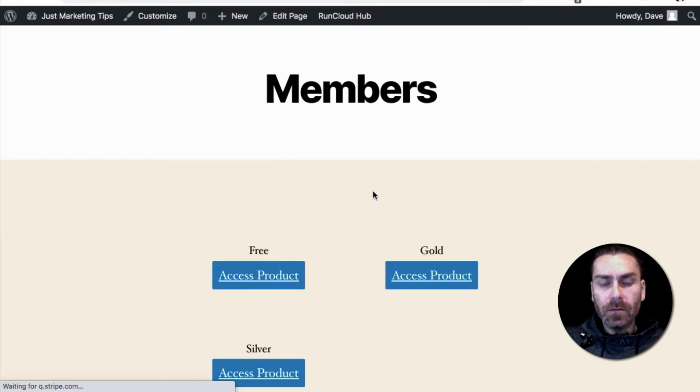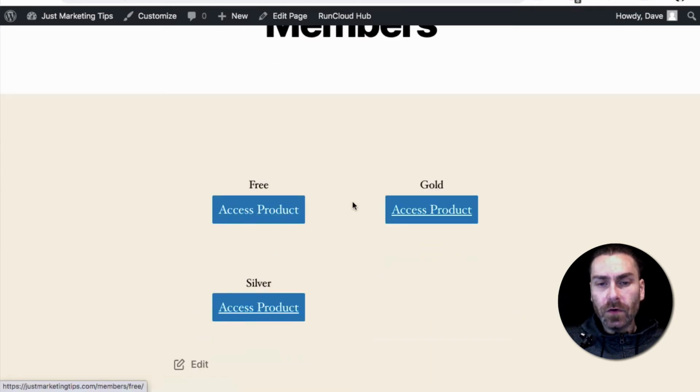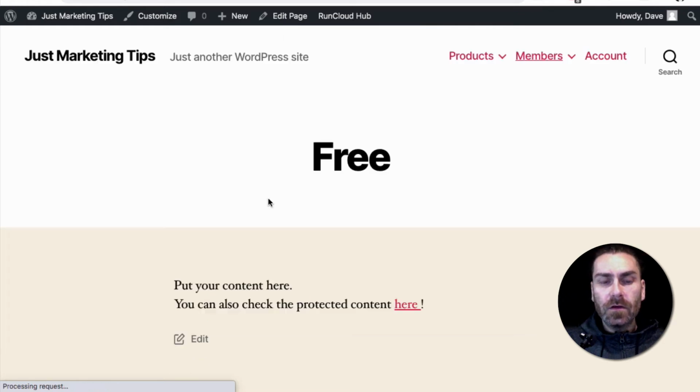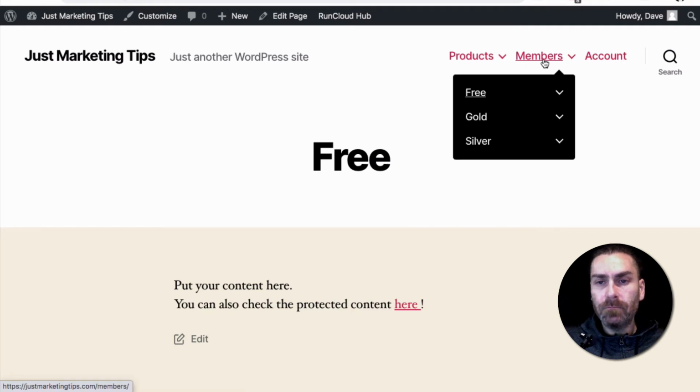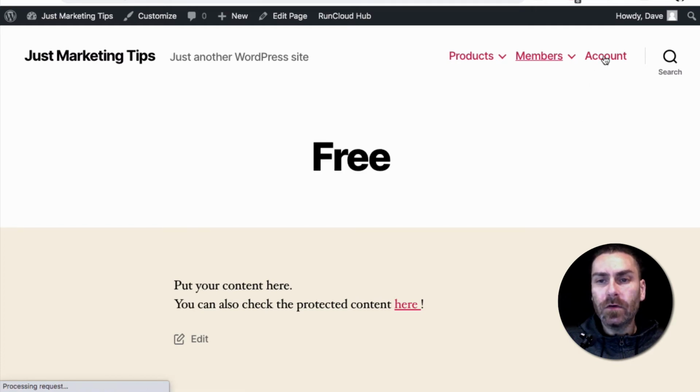you'll see again a product grid that's been added with a shortcode, and these buttons all link to the respective product homepages, so that each of these has its own homepage, and then from there you can access the content of each individual product. And you'll see in the menu here that the products all drop down in a hierarchical order. Now there's a last section on this navigation, which is account. If we quickly click on the account page,